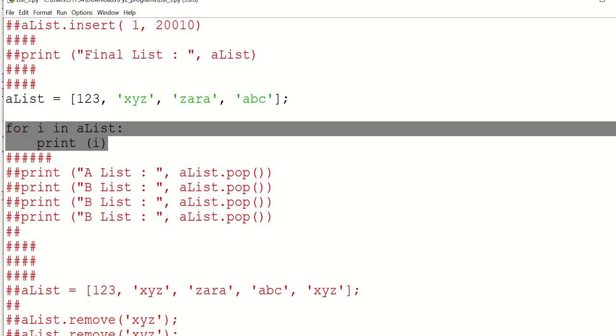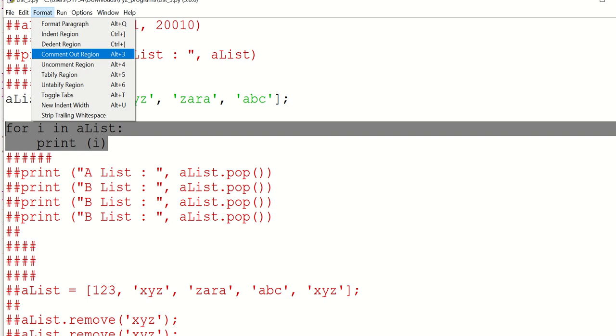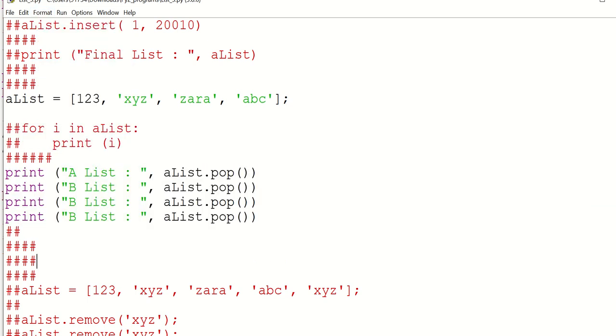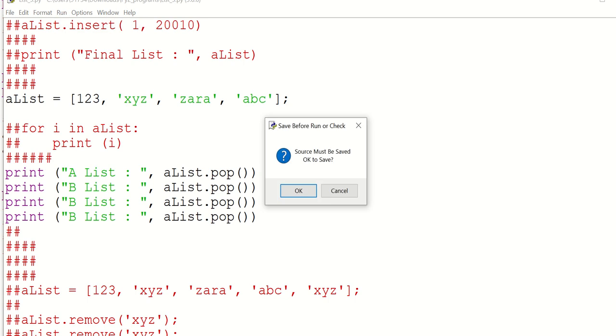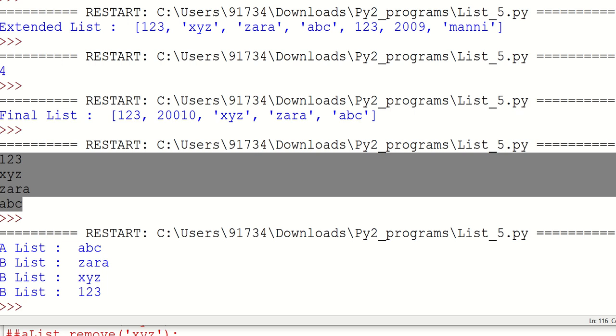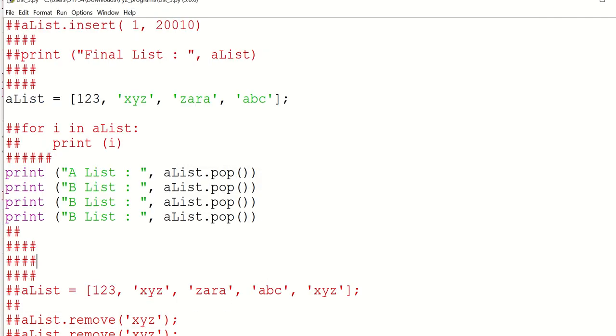Now, instead of this, if I use the pop command, what will it do? It will give the reverse. Okay, instead of 123, it will start from ABC, then Zara, XYZ. Okay, it will give in reverse. Pop. But I cannot use it one time. I have to use it several times so that it will give the elements one by one. And I have to stop after 4 elements. If I try to give pop one more time, it might give an error because there are no longer elements to be popped.